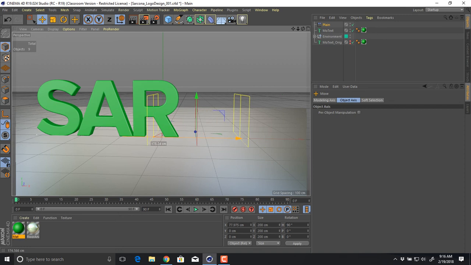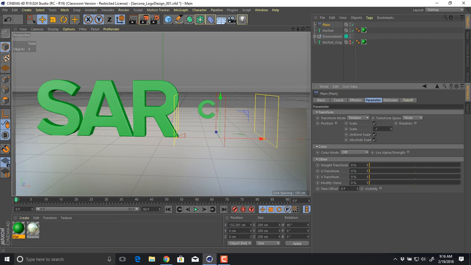So I'm going to put this to an about area where I can see a letter coming in, like that. I'm going to go to my plane, I'm going to go to my parameters, and under the transform space, this is where I can tell it where are you actually going off of. So if I say object or effector, nope. Neither of those want to play nice, so I will go to